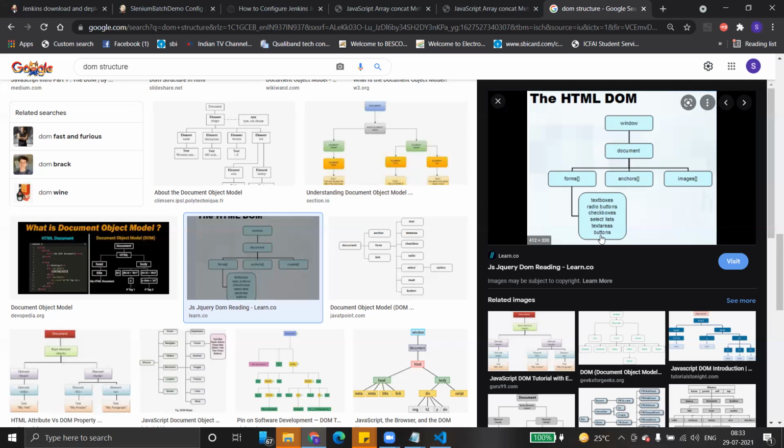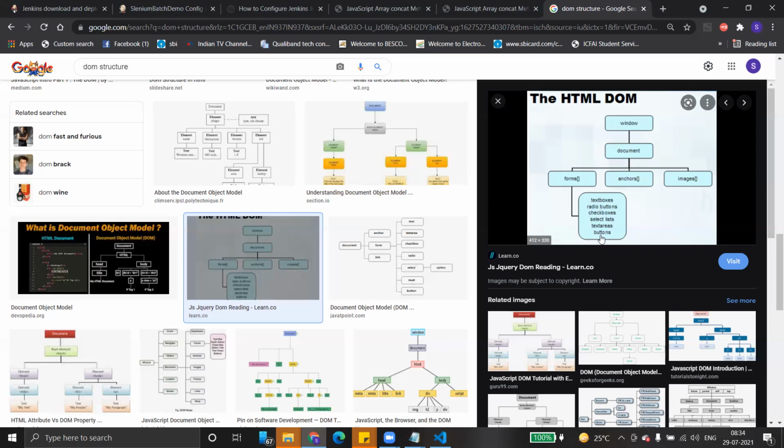We can create an attribute. If you want to add an attribute to a particular element, we can simply use document.createAttribute. It simply returns a newly created attribute. If you want to create a comment, we can simply use document.createComment. Similarly, if you want to create an element, we can do that by using document.createElement. If you want to create a text node, you can do that.